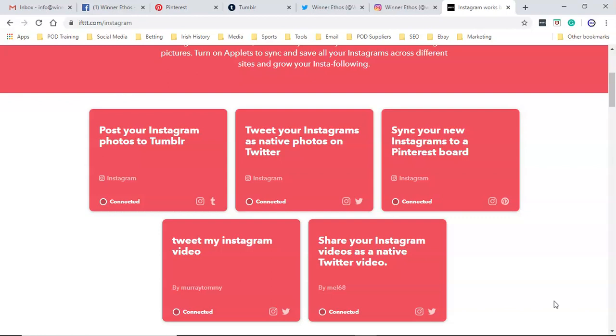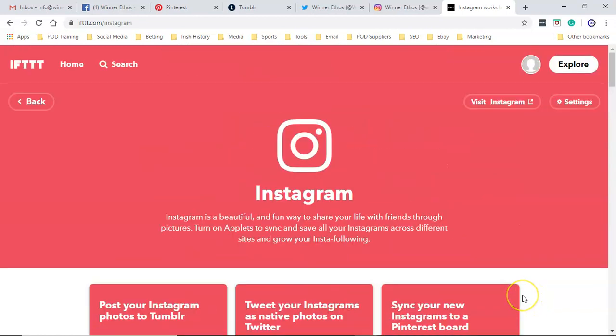I think this is a really, really good platform to use, and I highly recommend it. It saves you an awful lot of time, and consistency is really, really important, especially with trying to grow your social media, so do this at least once a day. Now I would recommend that you do that 3 or 4 times a day,